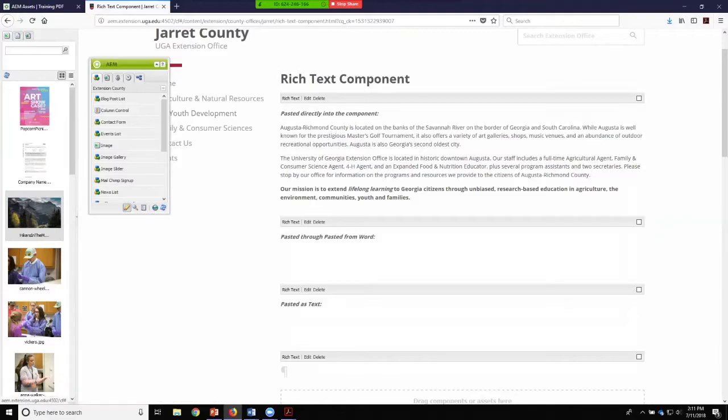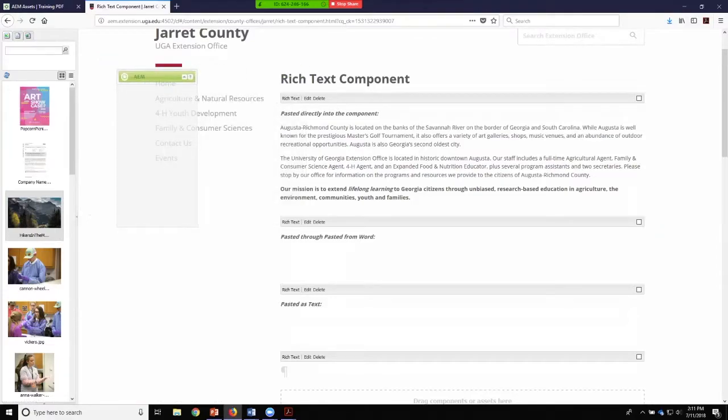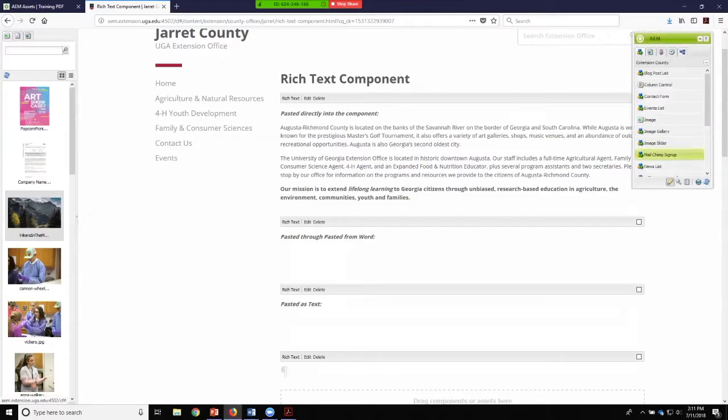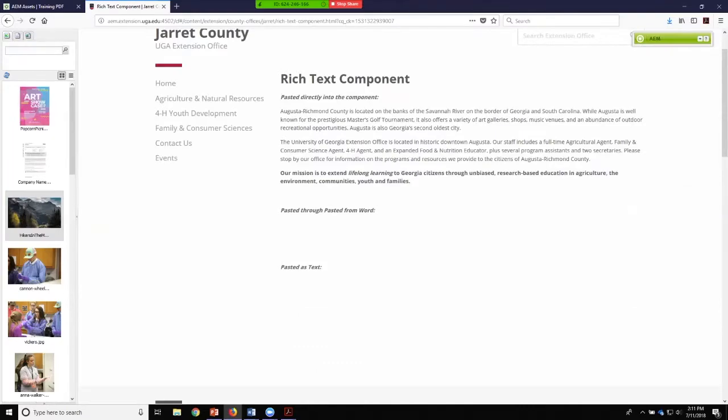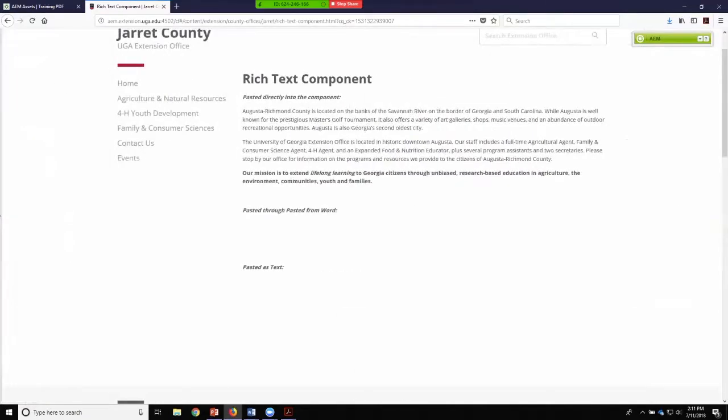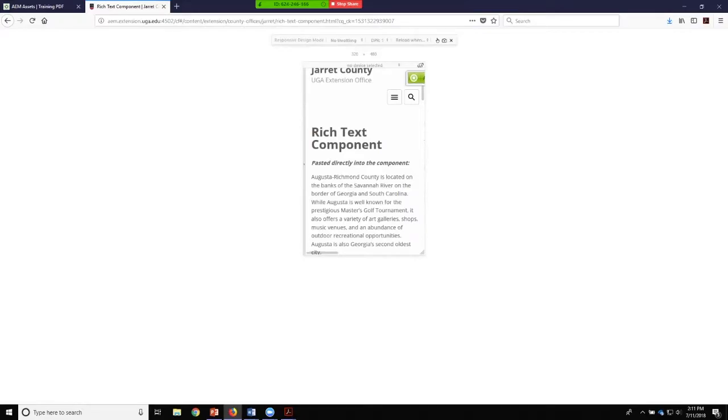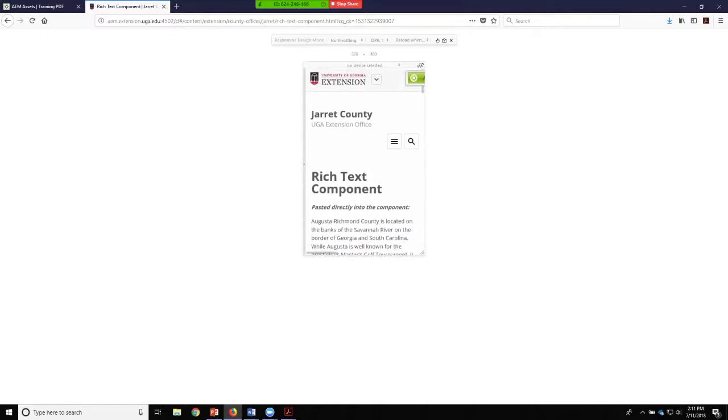One thing that you can do with different browsers, and since you're most likely going to be working in Mozilla Firefox, I'm going to move this up here. You can go to preview mode, and I'm going to go ahead and close this so I can see everything. If you hold Control-Shift-M, that's Control-Shift-M as in Melissa, it will show you what your page or what your website will look like on